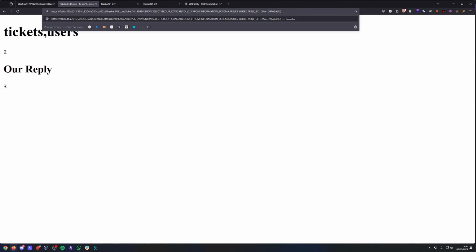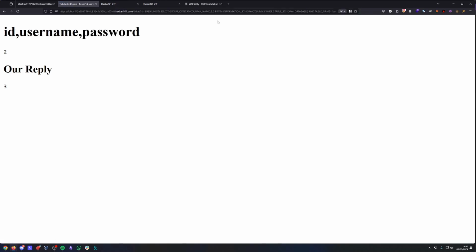So we want the column name from information_schema.columns, where table_schema equal database and table_name equal, and it's called users. ID, username, and password. Okay, so once we have that,